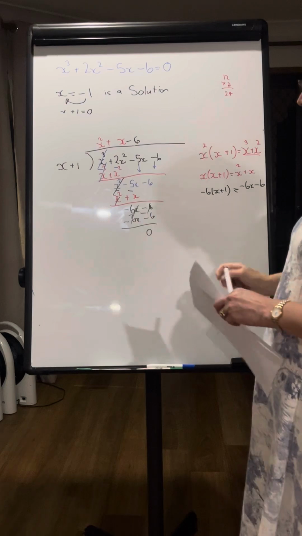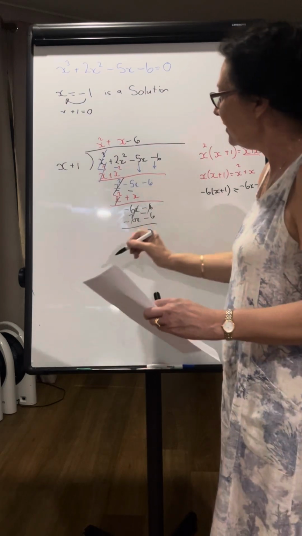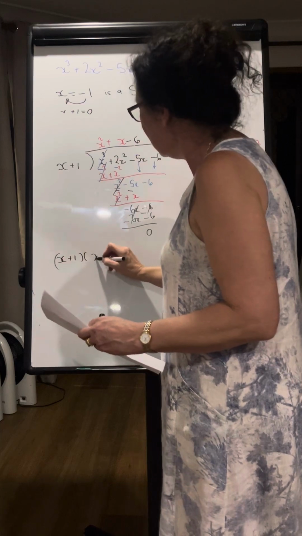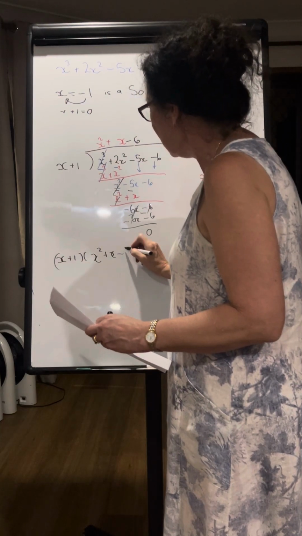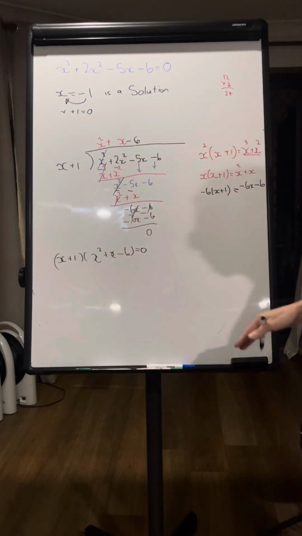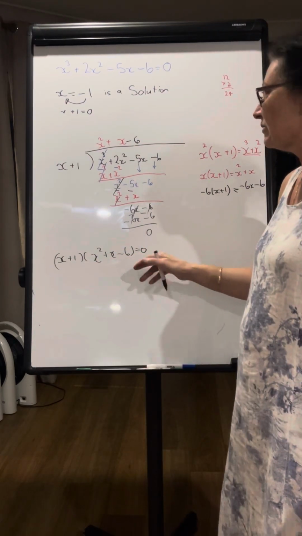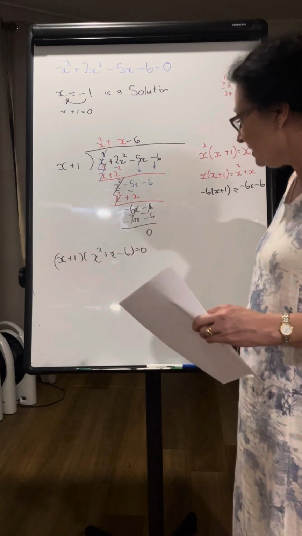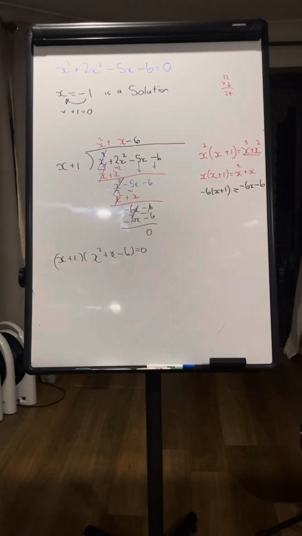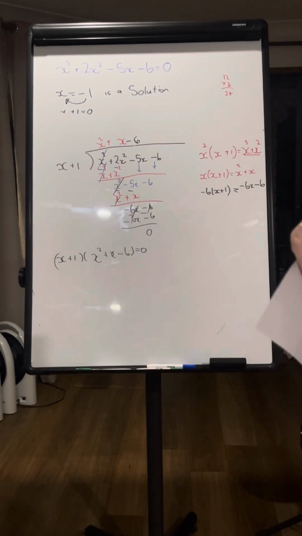So now, let's go to here. I've now got that x plus 1, x squared plus x minus 6 equals 0. Now I still can't do my null factor theory here because I need to factorize this. And I've got lots of easy ways to do them. Have a look at that. I'll just take a picture of that so I can remind myself. And I'm going to show you my easy way of